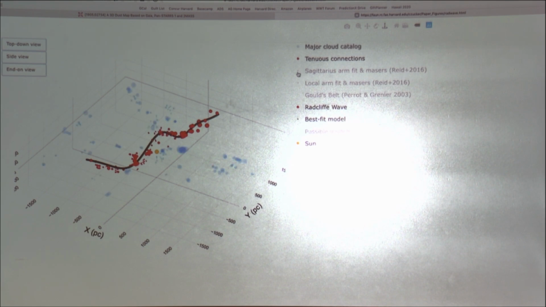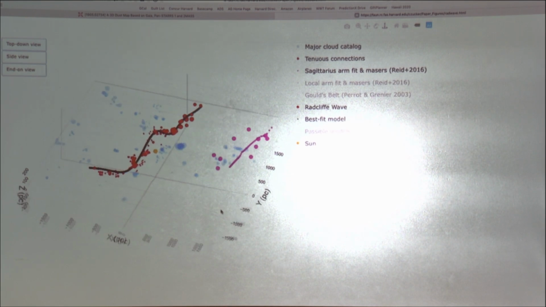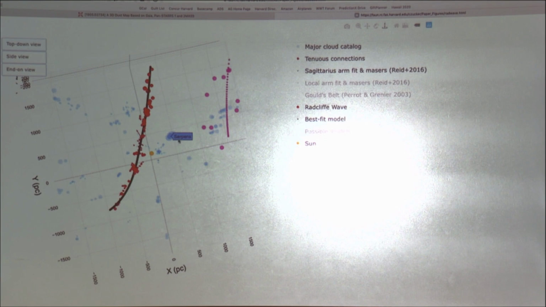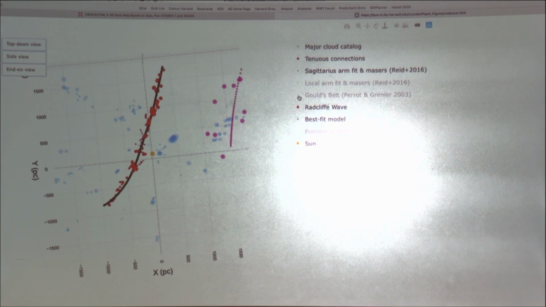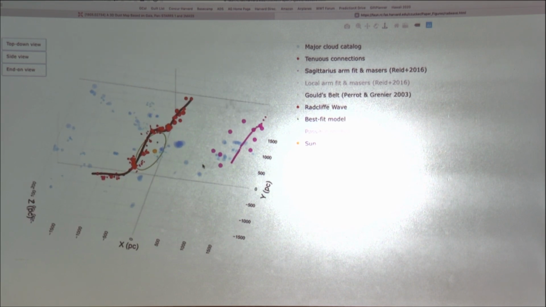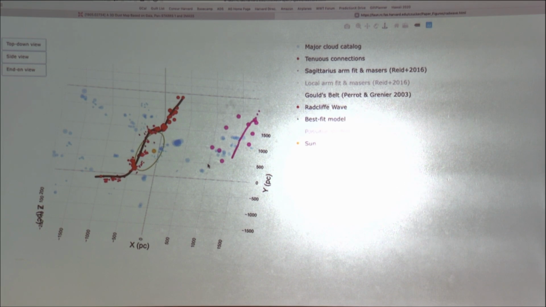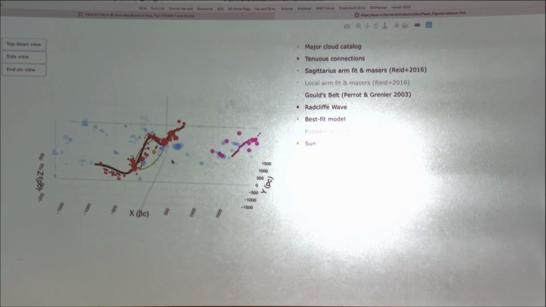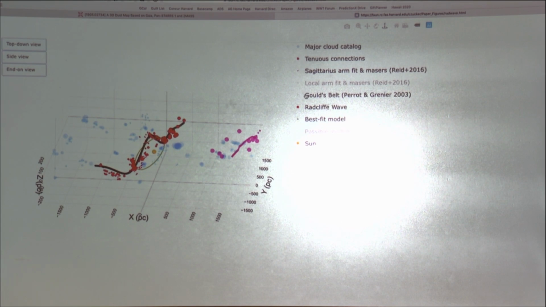But it is true that you kind of wonder what the other clouds are. And so let me just tell you that some of them are actually the Sagittarius arm. So if I turn that on again. Okay, so this stuff over here has to do with a different spiral arm of the galaxy. You might also wonder, where's Gould's belt? So how many people here have even heard of Gould's belt? Oh, wow. Very, very savvy bunch. Okay. So Gould's belt is this structure that's supposed to be made of young star-forming regions in the proximity of the sun, and maybe has something to do with the local bubble. And a lot of it was made out of Hipparcos data.